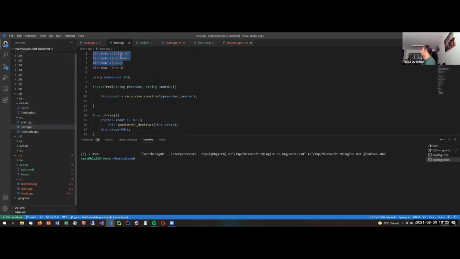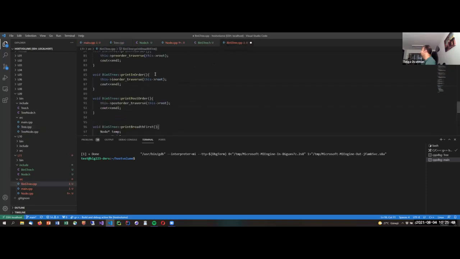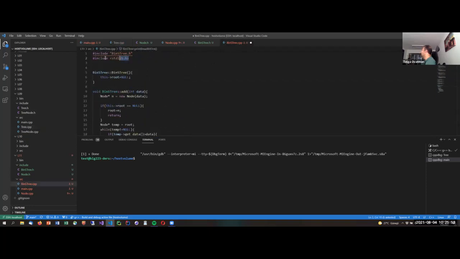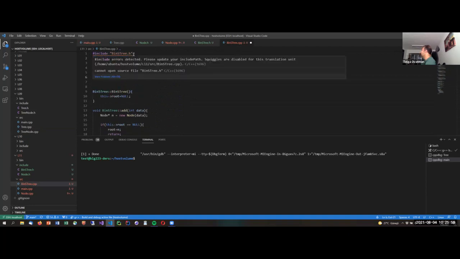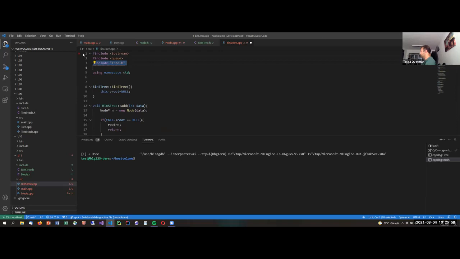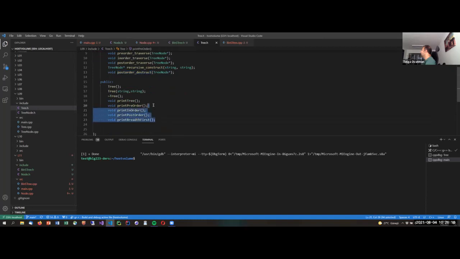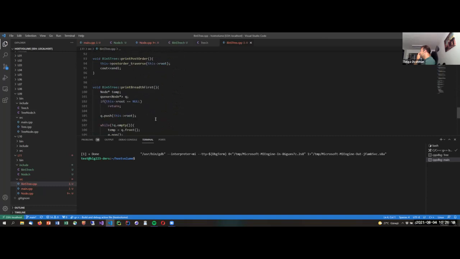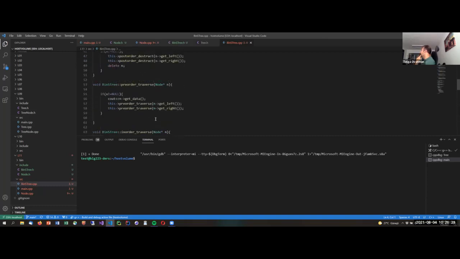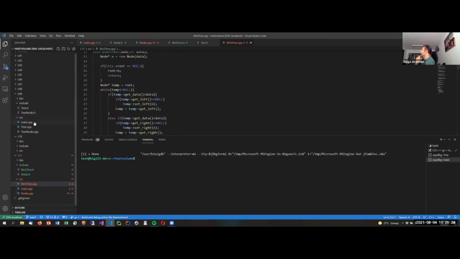Let me copy paste those as well. Queue, stream. I should take all of those. Insert tree CPP. Yeah. Okay, so let me copy this. What I need to change is this definition. So let me open up tree.h and copy those from there. So these in order, first order, print tree. What was I doing in print tree? Search for it. Oh, I think it should be the